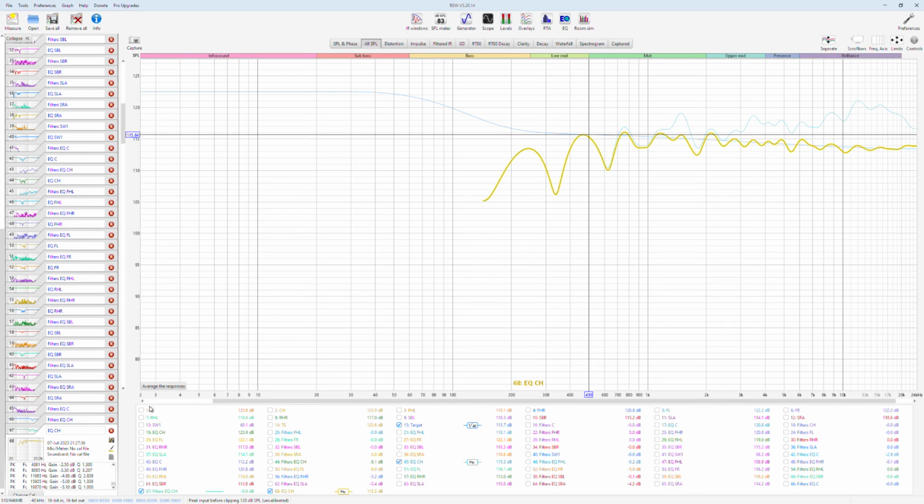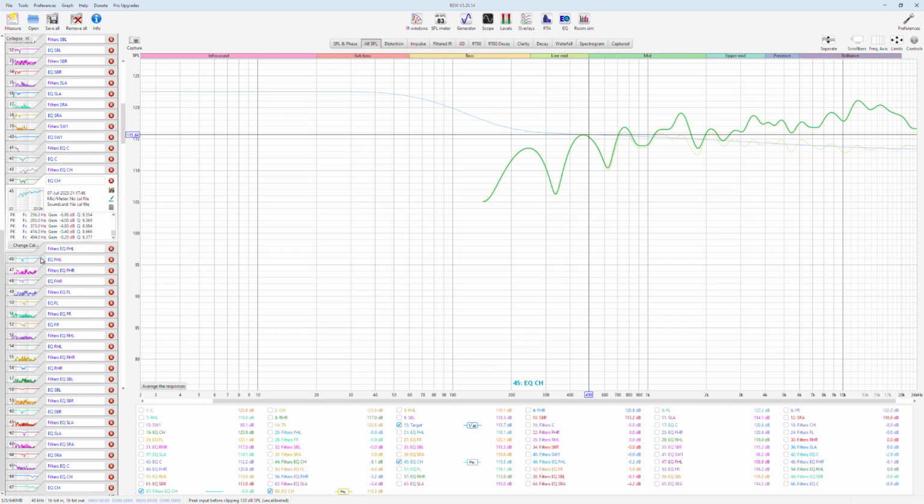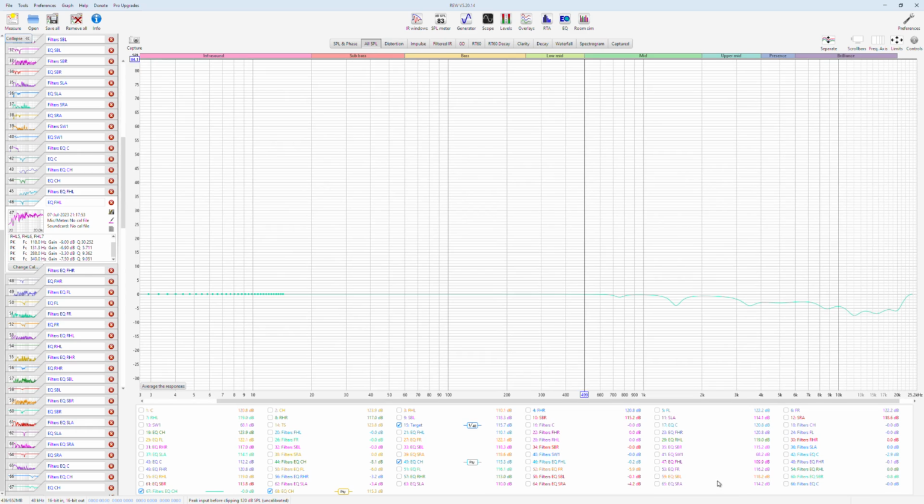So this is how you do the rest of the speakers. Now it's EQ-CH, the next one is EQ-FHL. Again, go and check its distance, apply the right window according to the distance of the speaker in milliseconds, and then apply psychoacoustic smoothing, and by using the same target SPL and same settings for EQ, no boost, match response to target, and generate only the filters, not the predicted response. I can show you the last filters we created. This one and this one, as you see, are from 500 Hz to 20,000 Hz.